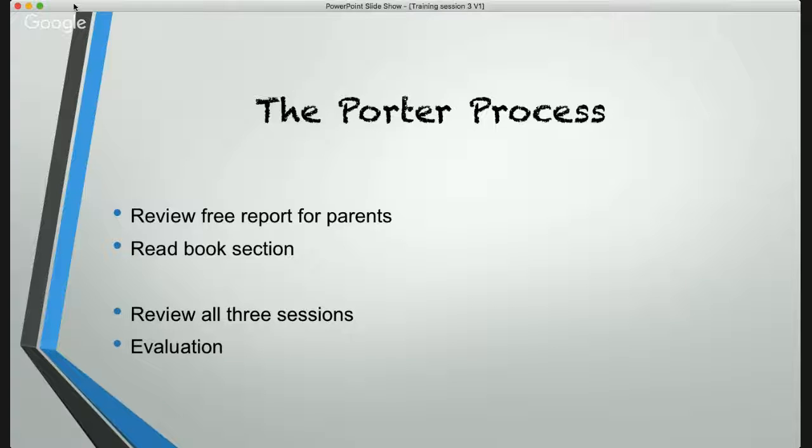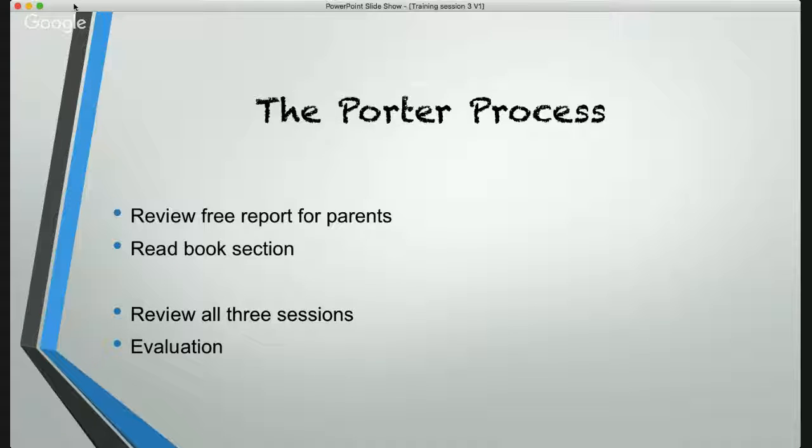When you've done that, you will have the background of the whole of the work that you're going to do. You will have why it was started, the importance of this work, the information and the resource base that you're going to need to use. That was in the second training session, and this overview of the Porter process. So there's a lot of information in these 3 sessions. I want you to review it, please, because what is going to happen before you move on to the next section